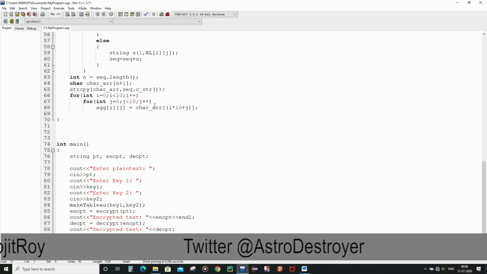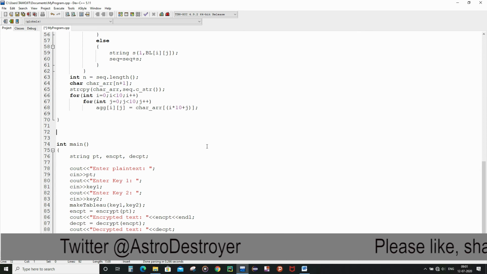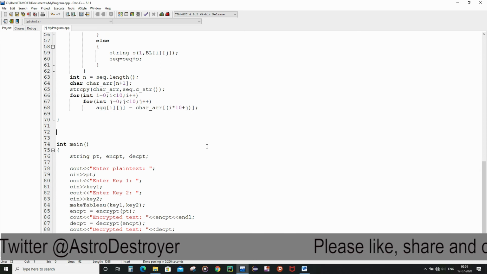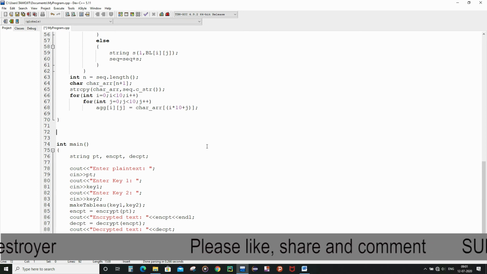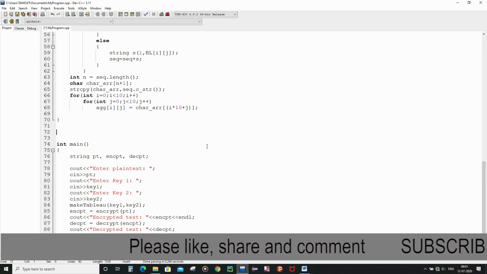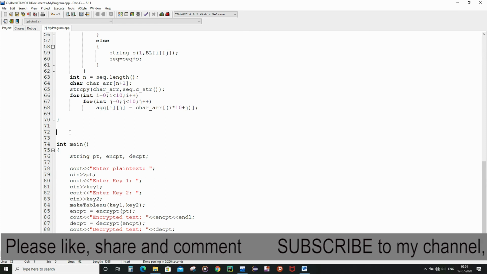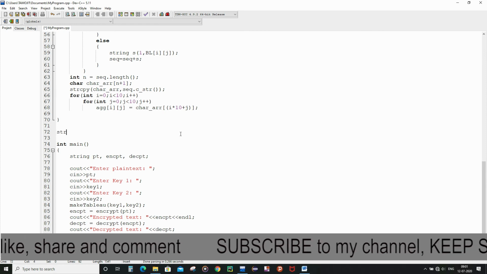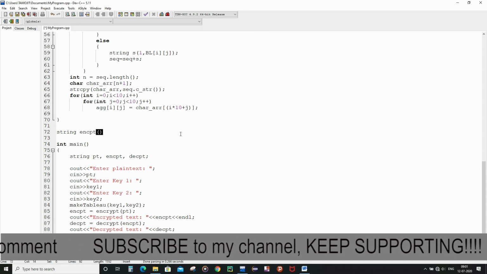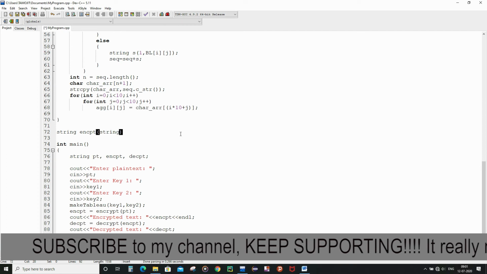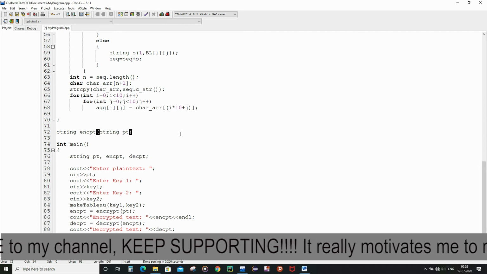So let's write. Now before proceeding I am not going to explain the minute details for this cipher in this video because in the last 2 videos I had already done so. So if you want the full description as well as want to have a better view for this cipher, you can check those videos out. So now let's write the encrypt function. It is taking one string variable as input, which is plain text.